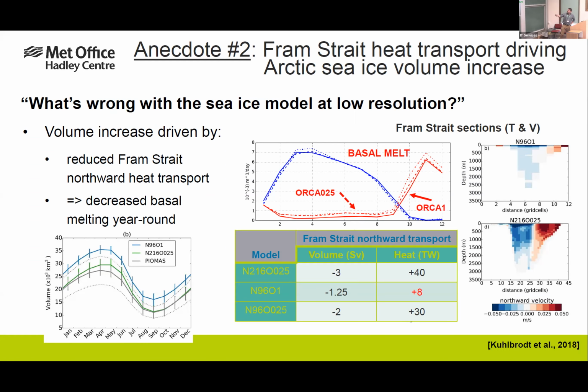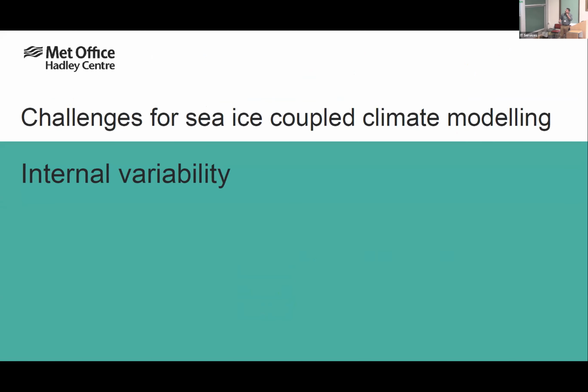Because a lot of the ocean problems that come from this, the fact that it's just not resolved that straight. There's only one grid cell there, it's not enough to get a decent velocity. And that was documented in Till Kuhlbrodt's paper. And I'm going to talk about the